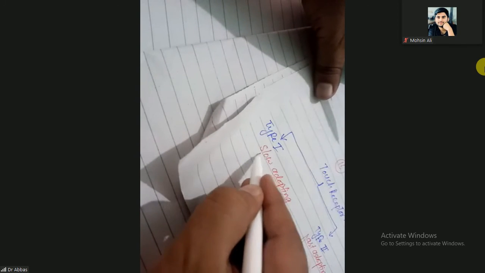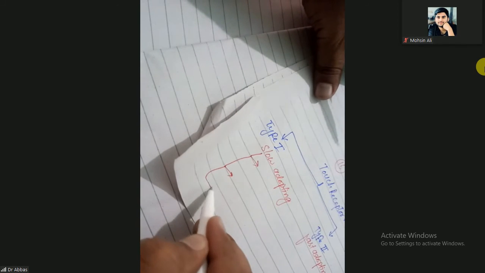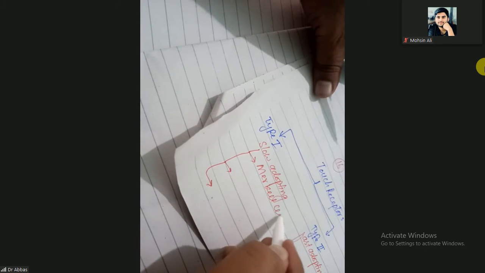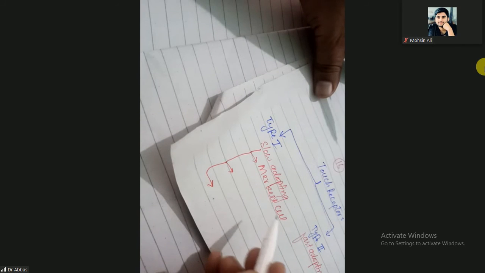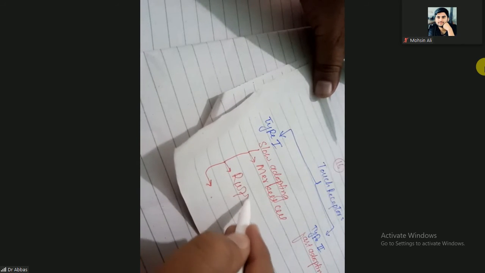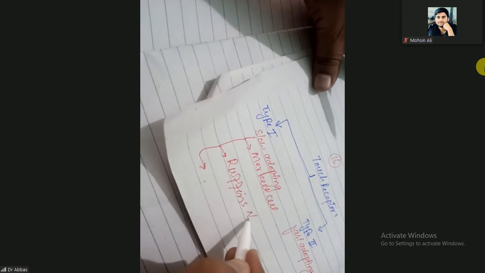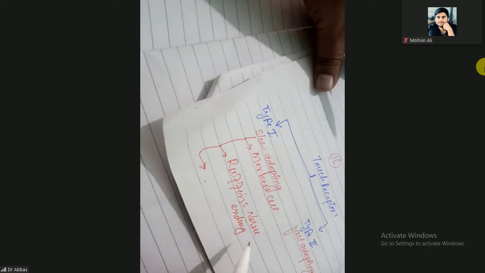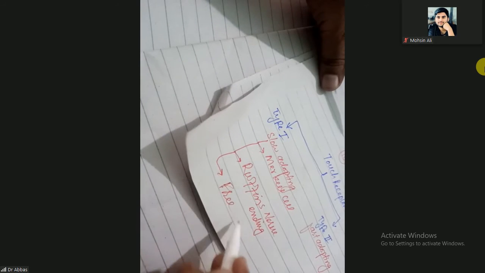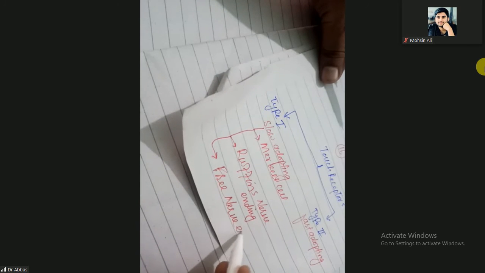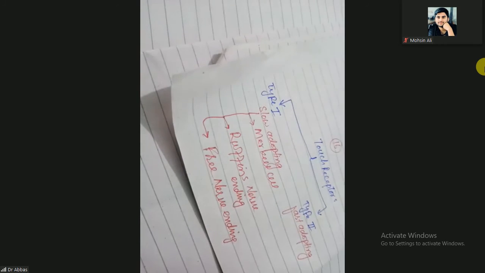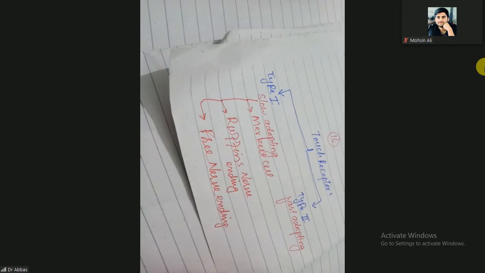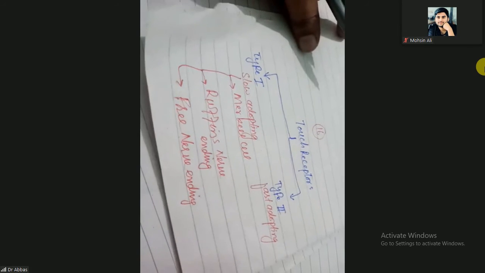What are the examples of slow adopting touch receptors and examples of the fast adopting? The first example is the Merkel cell, then Ruffini's nerve endings, and free nerve endings. So these are the type 1 touch receptors that are slow adopting: Merkel cells, Ruffini nerve endings, and free nerve endings.